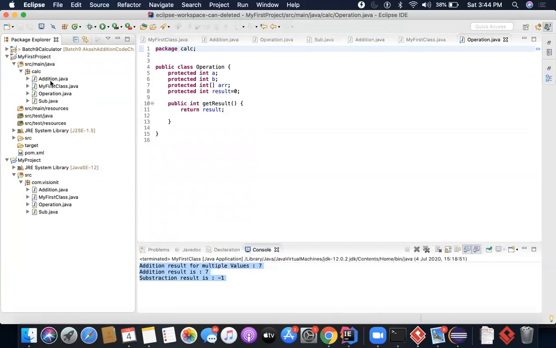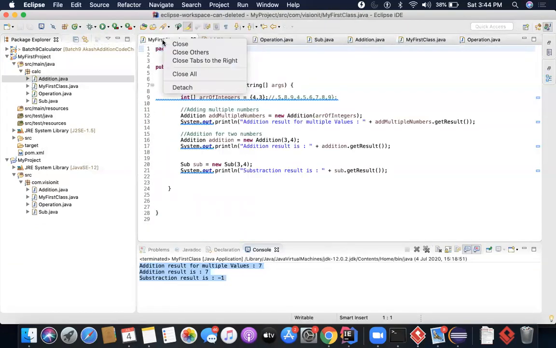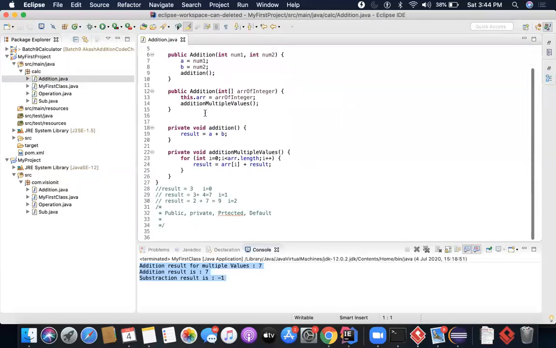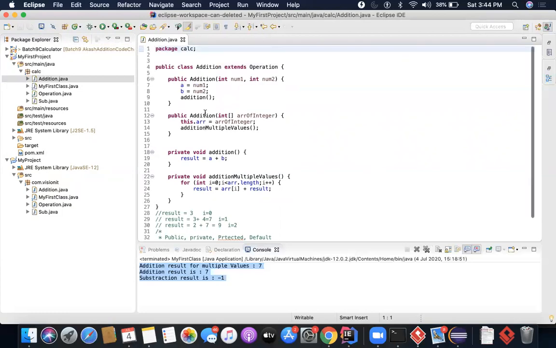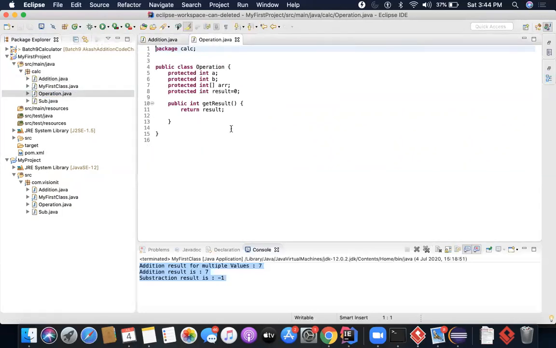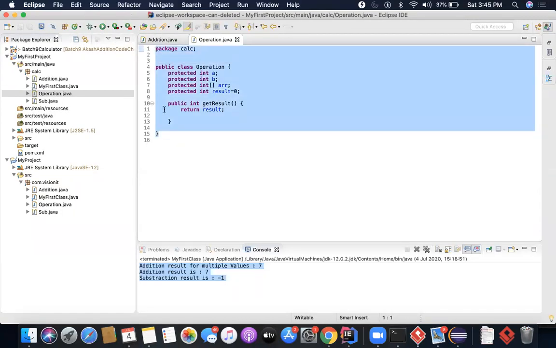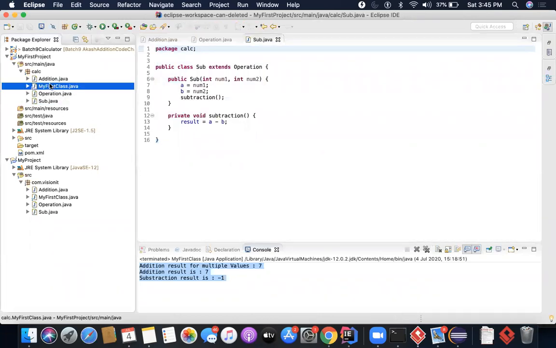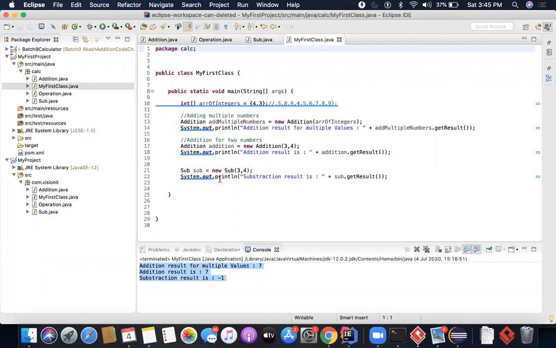Now there is one more important thing here. If you've noticed, this is part of my source code. That means this is my development code, because this performs addition. Operation, again, is my main development code. This is also the same. What about my first class?